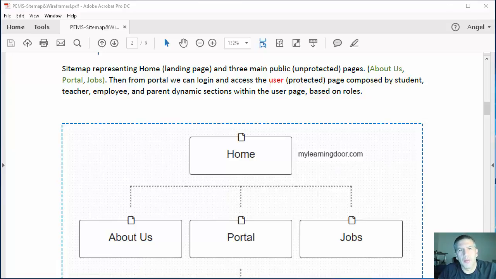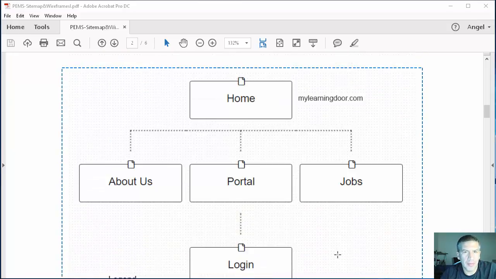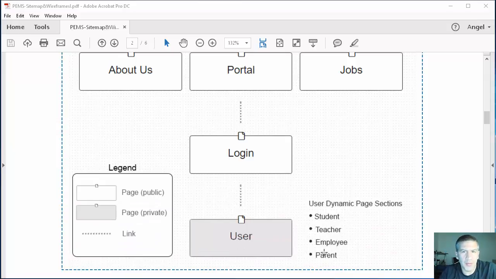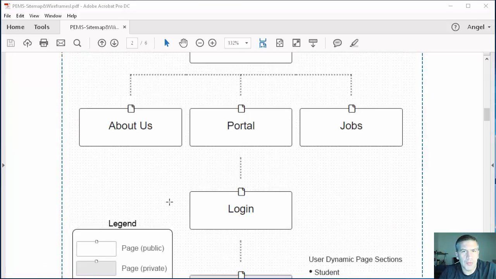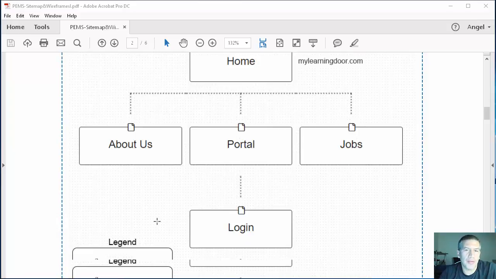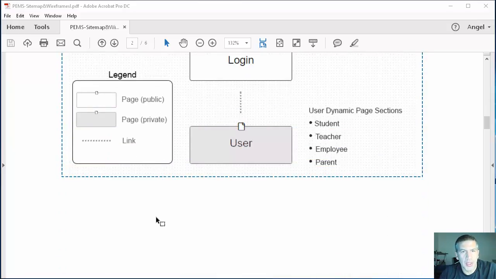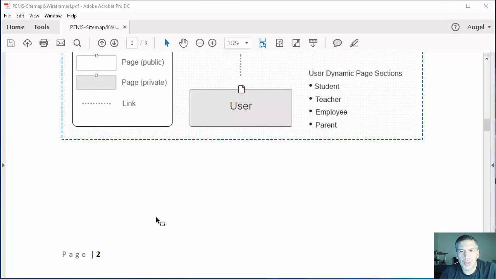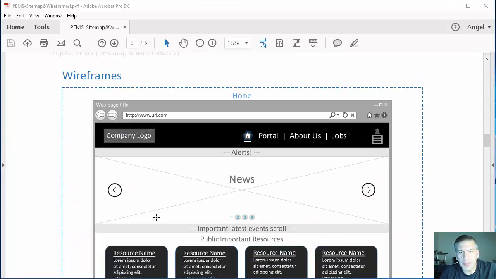And this week I'm presenting my sitemap and the different wireframes and page structure, hopefully for you guys to approve it. So basically, as you will see in the document, I try to keep the sitemap as simple as possible. And you should be able to understand the different symbols based on the legend. So you should be able to see that from the home you access some of the main pages that are public, and then there is actually a private section that you can only access through authentication after logging in